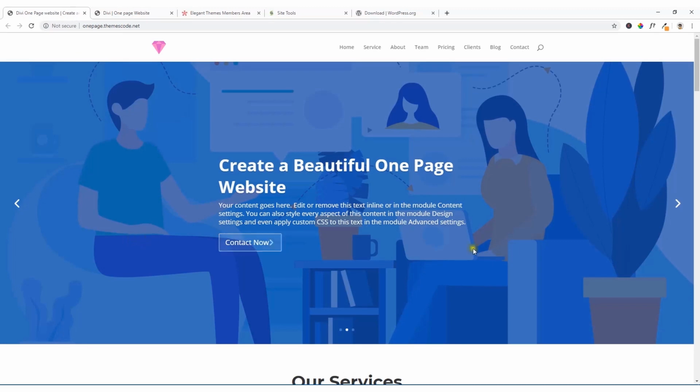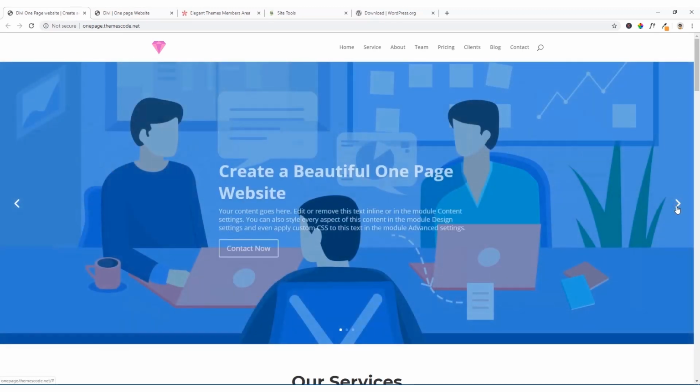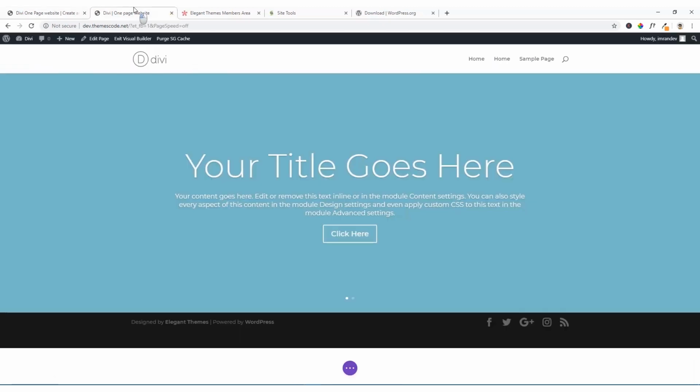Okay, here you see the beautiful illustration background. I'm going to change all of this. To do this, I'm just going to click on this module setting. This section is for the whole section, and this one is for the module. As it is a slider module, I will work with this one. Click on this gear icon,